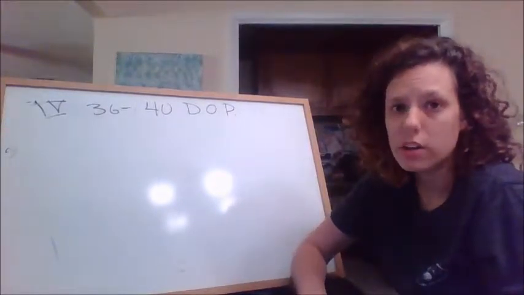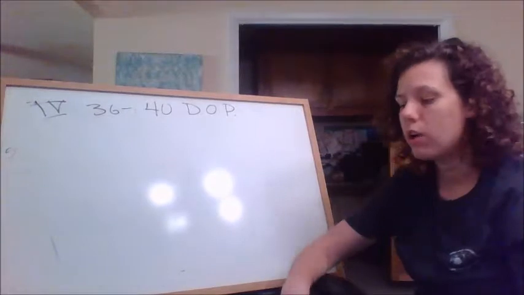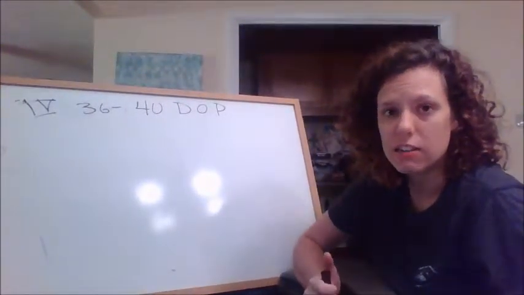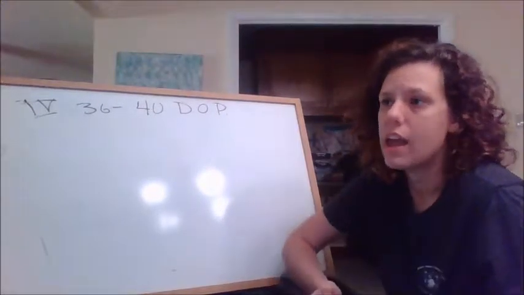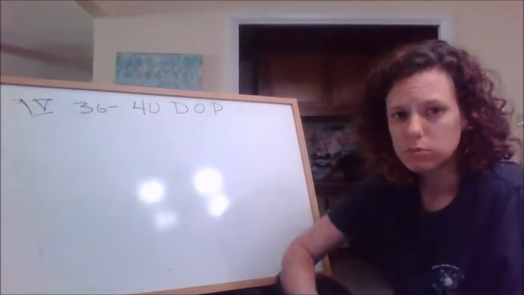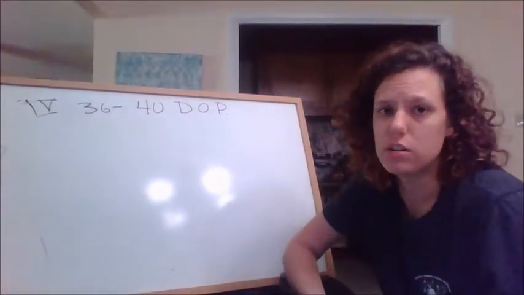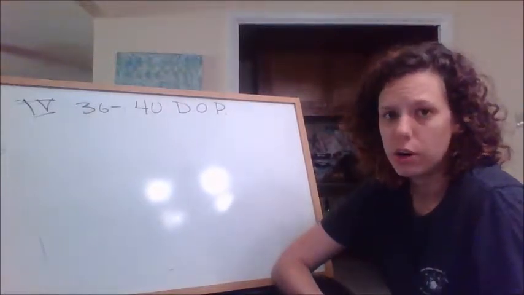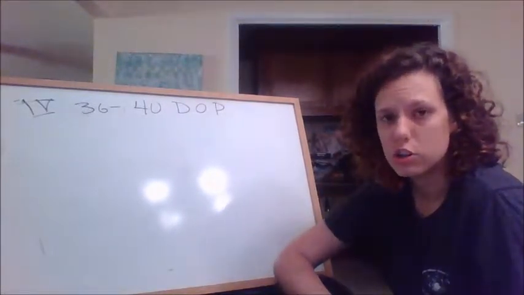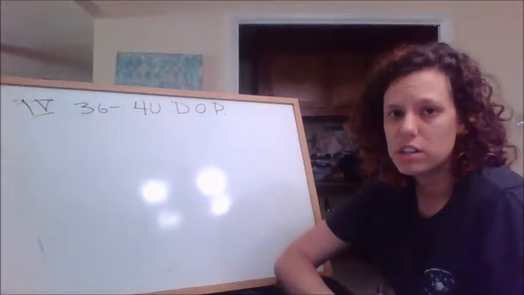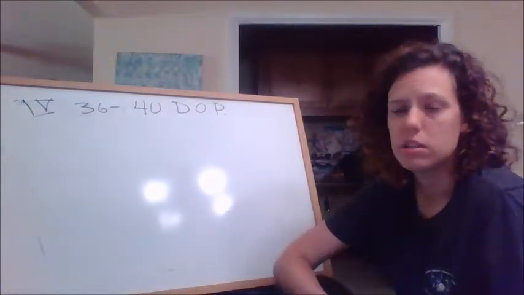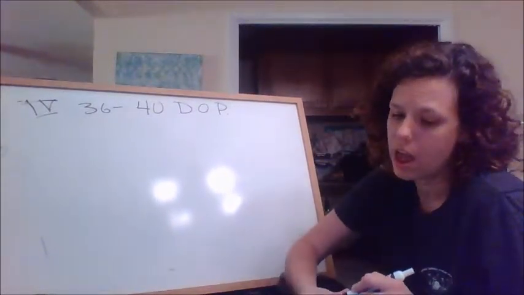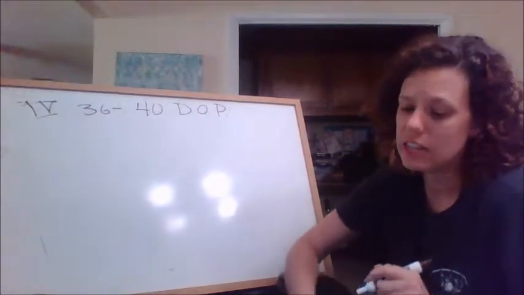Remember that if there's one conjugated verb in the sentence, the pronoun has to go before the conjugated verb. If there's an infinitive in the sentence or a present progressive, so estar plus a gerund or a present participle, then you've got an option. Your pronoun can go either before the first conjugated verb or after and attached to the infinitive or the present participle, which is also called a gerund. I normally call it a gerund. So you might have a sentence like,